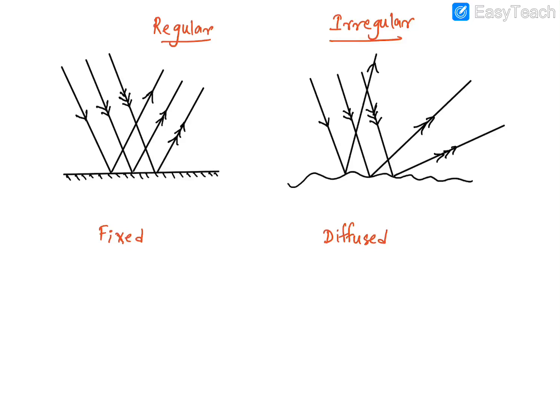Only what happens is that in irregular surfaces, because the surface is irregular, your normal itself is not parallel to each other. Your normal will keep on changing its angle. Why does it change its angle? Because the surface is not plane. So every time you will not get a 90 degree at that point only. Is it clear? So you can see your normals are at different angles in this case. This is your normal here, this is another normal here, and this is another normal. Okay, this is just a rough sketch, guys. It's not a perfect diagram.